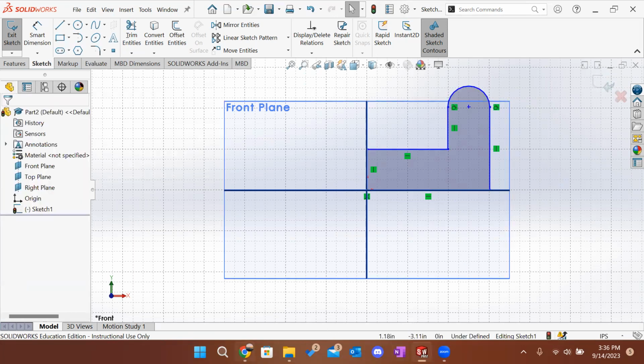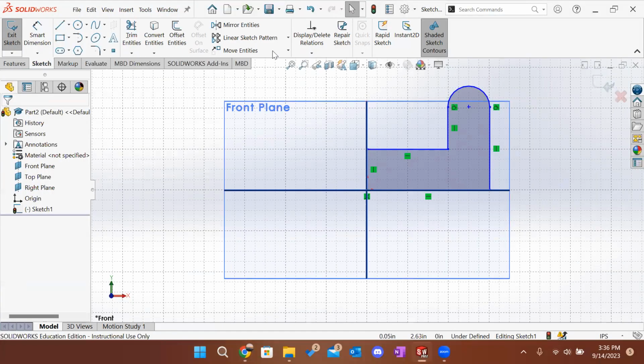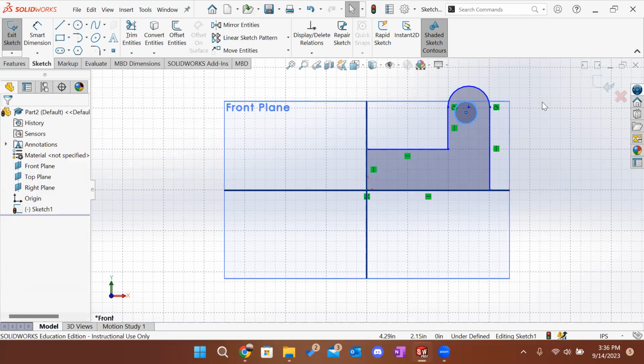Okay, so at this point, I'm starting to get kind of close to what the part looks like. I'm going to make this circle over here. So let's say if I don't put it, this little yellow 2 circles that comes up, this little box means concentric. I'm going to pretend that I don't know that right now. I'm going to make one of my circles over here. So if I wanted to make it a concentric circle, meaning they have the same center point,